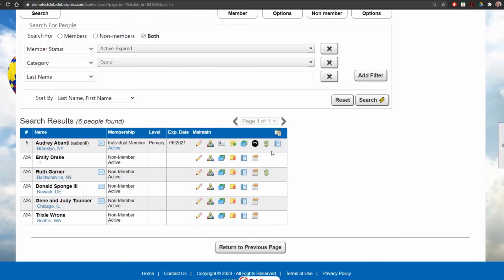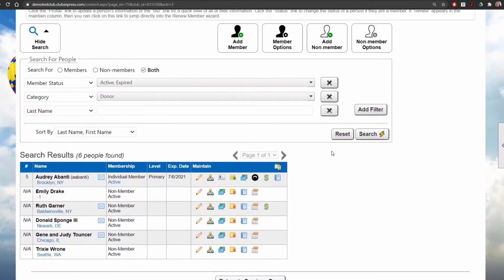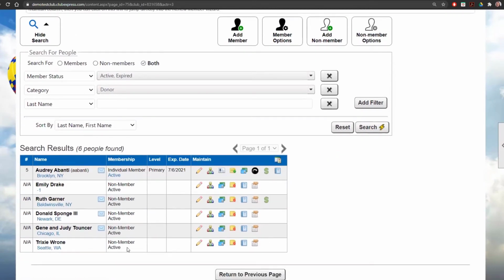And then, of course, we have our payment icon, which applies to both members and non-members. That has not changed. You still have the ability to process payments for members and non-members. Of course, People Manager is not the only place that you can process payments that maybe get mailed in, or if someone calls in with credit card information. You can also process payments on the transaction search page. But again, if you spend a lot of time in the People Manager already, you have the ability to process